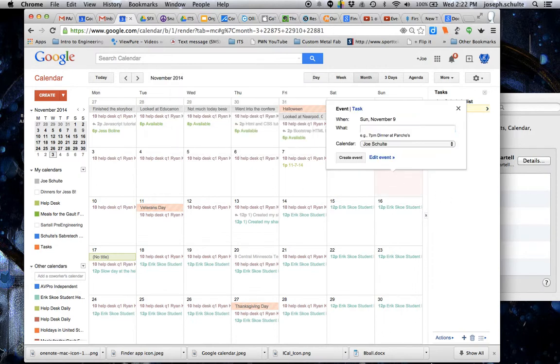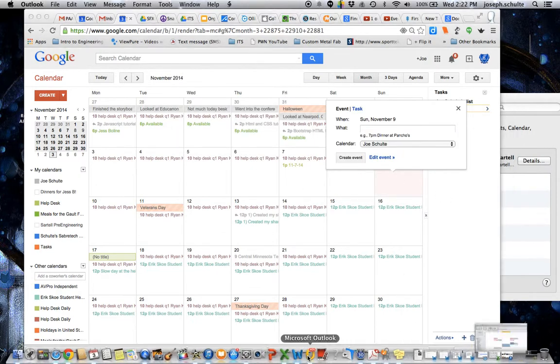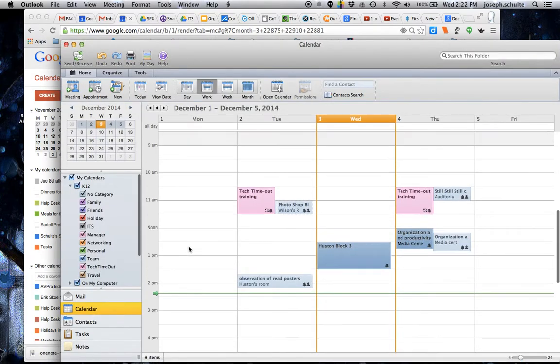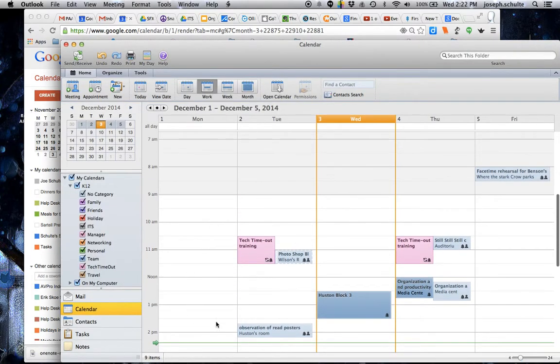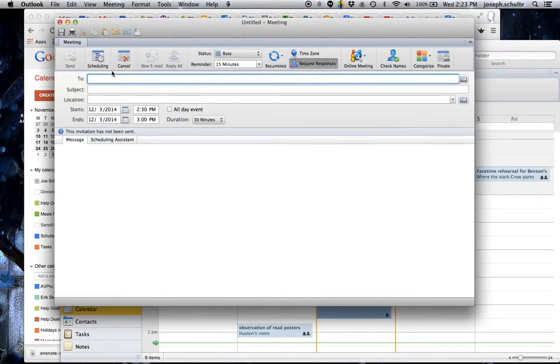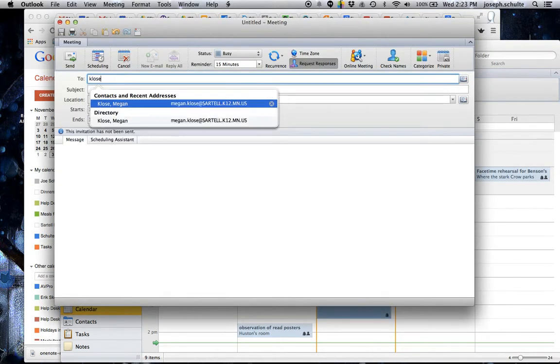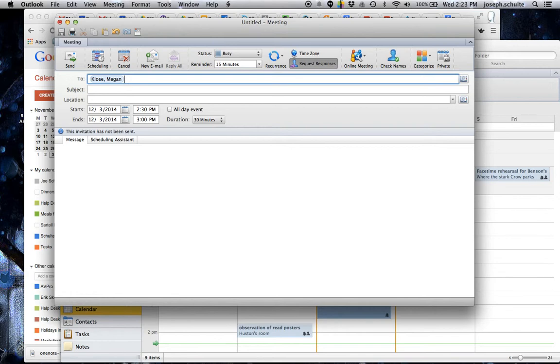One other calendar I wanted to show you was Microsoft Outlook, which has a calendar as well. And this is my calendar in Outlook. So this is what teachers use to schedule. Similar, some of the features are you can create meetings with people and invite them to meetings. So I can invite Megan Closey and